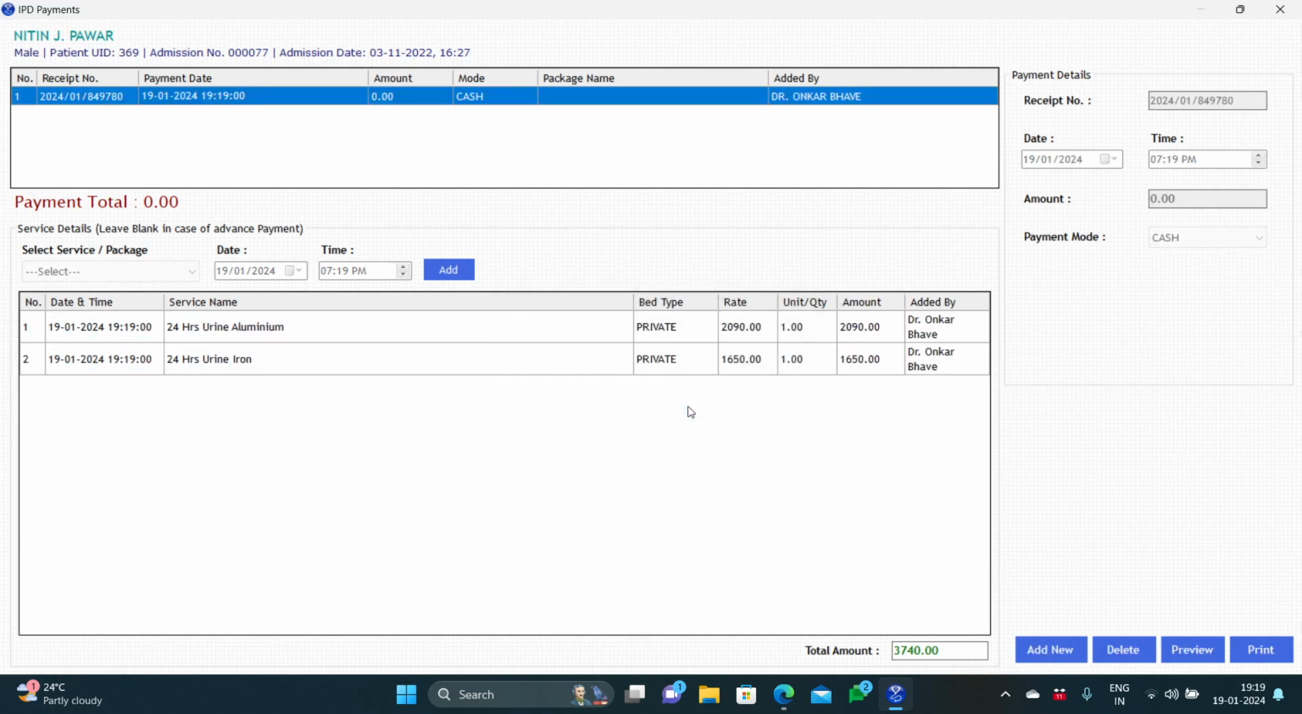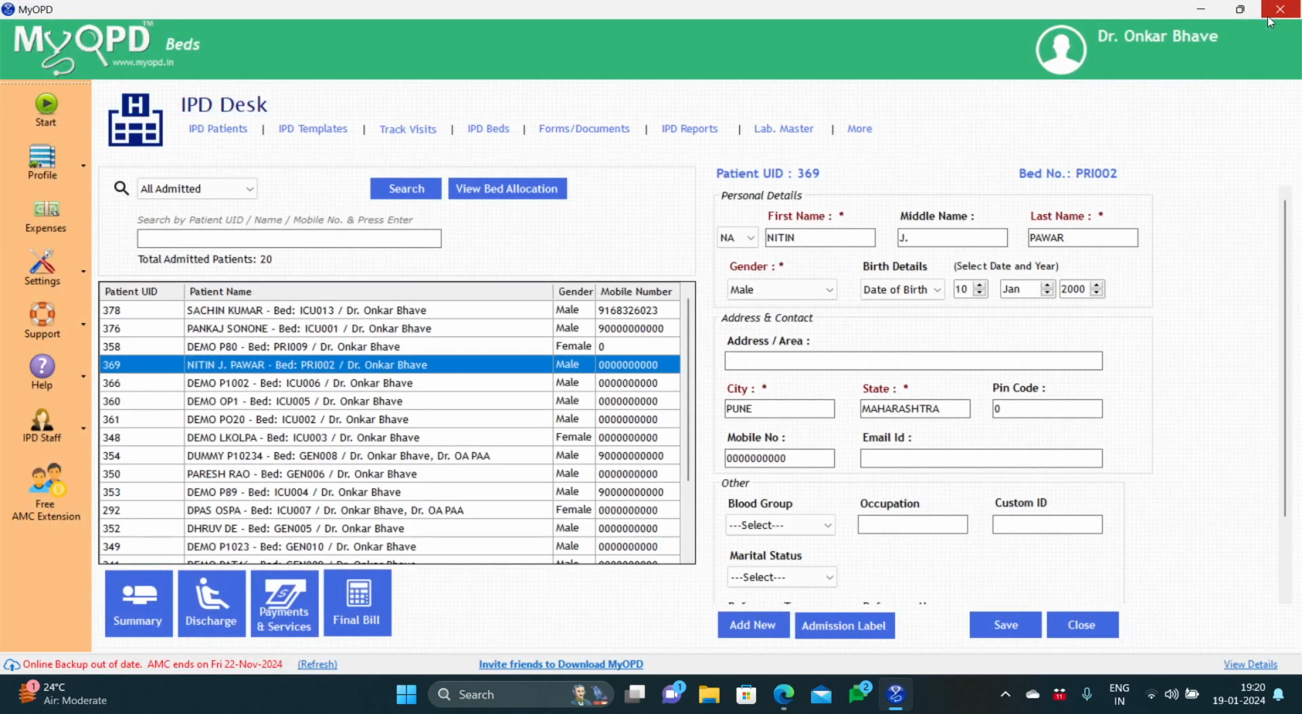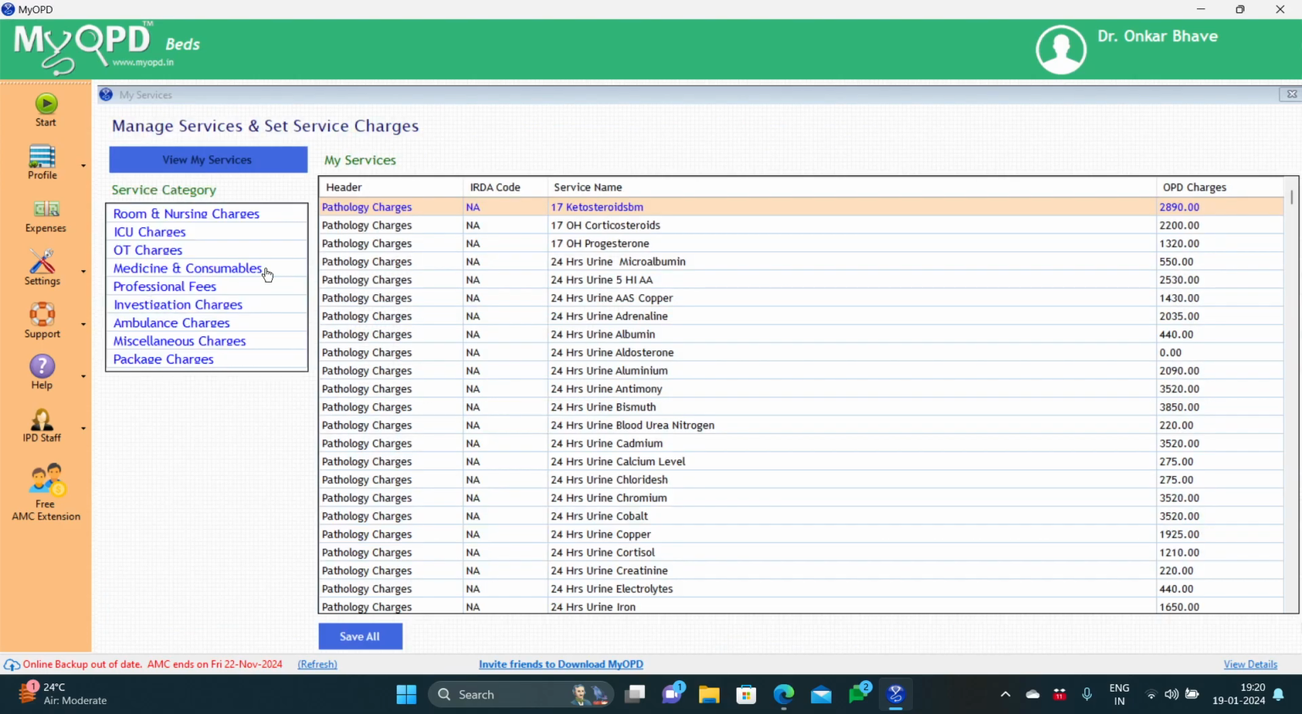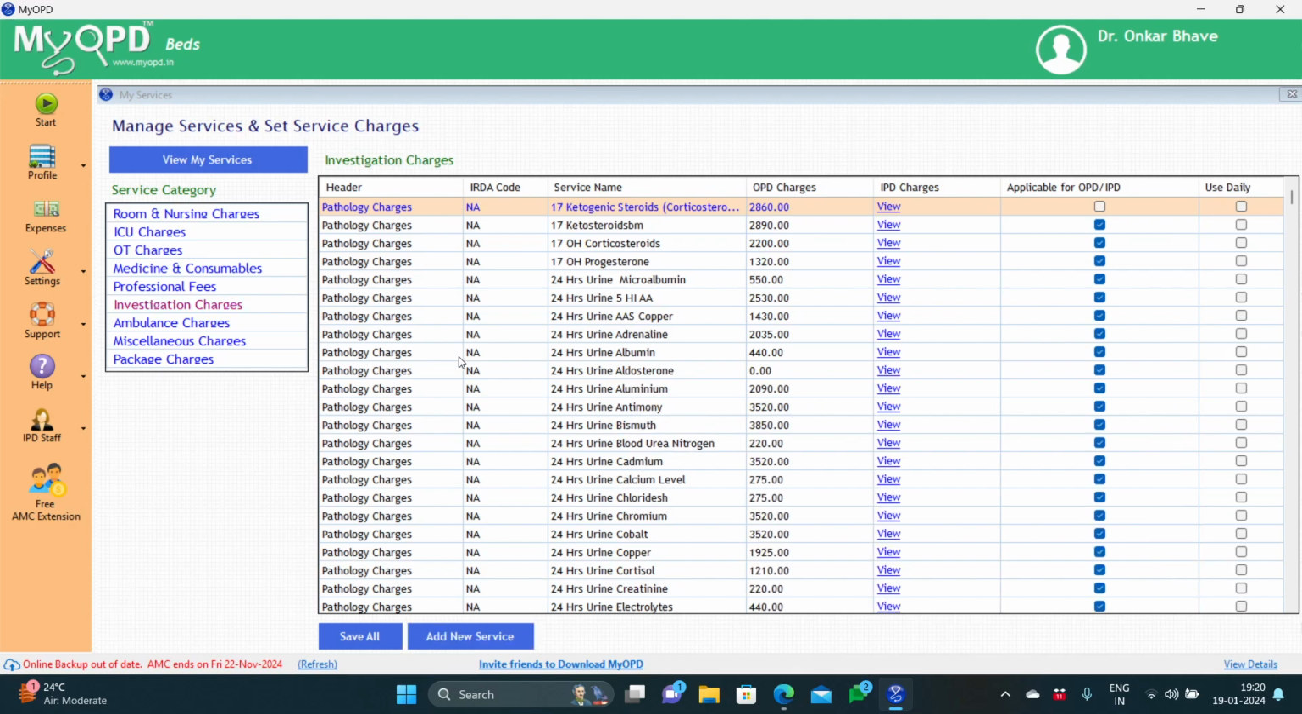Our services typically have different rates based on different bed types. So how do I do that? Now, the services can be added from this option, profile and my services. By default, it shows the list of available services in our hospital. There are different categories under which you can add your own services, and you can add a new service from here. And as you said, if they have different charges according to the categories of beds,